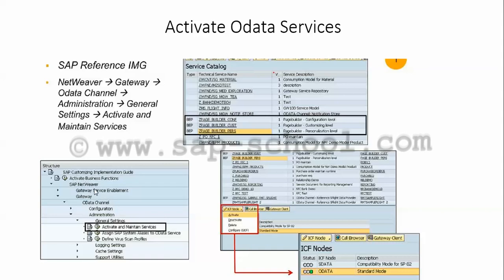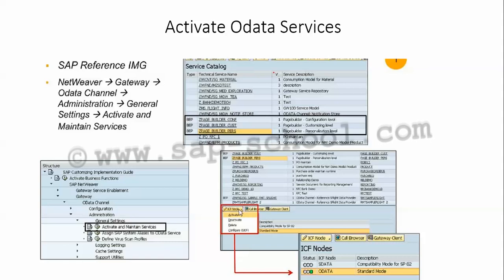So because these services are not activated by default, we need to go into the system and we have to turn them on. So basically we have to go to the transaction SICF, then we have to execute default host, we have to follow the paths to locate the ICF services we need to activate. After that we have to right click on the service and we have to activate it finally. So this way we have to activate the ICF services. So let's go back to the system and see how we need to do it.